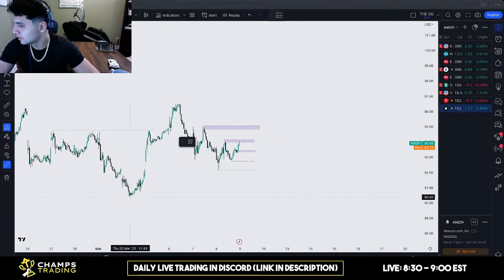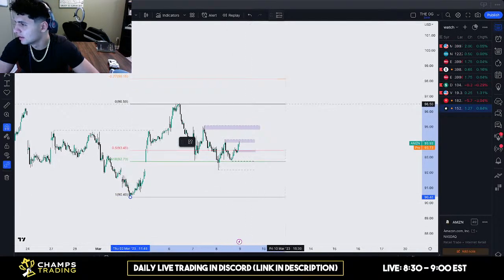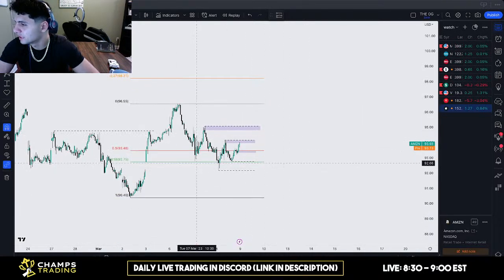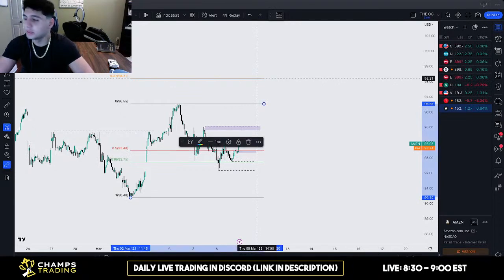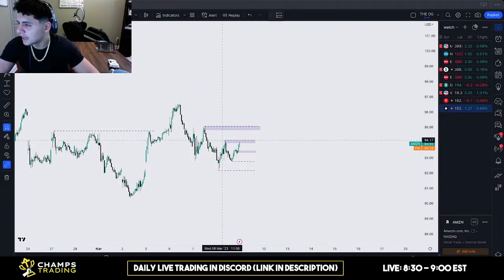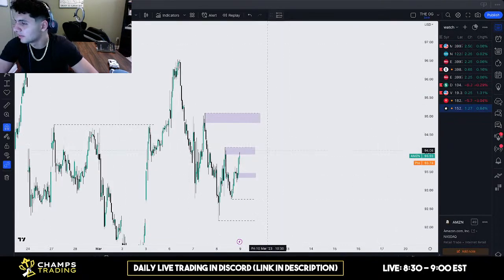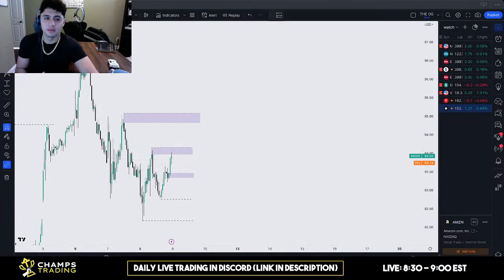And from this low to this high, if we draw our fib retracement, this 50% retracement is our equilibrium area where price can bounce off of into the golden zone up here. But this needs to be confirmed by this high getting taken out, right? So if 94.17 gets taken out on the 15-minute time frame, so if price closes above that level,